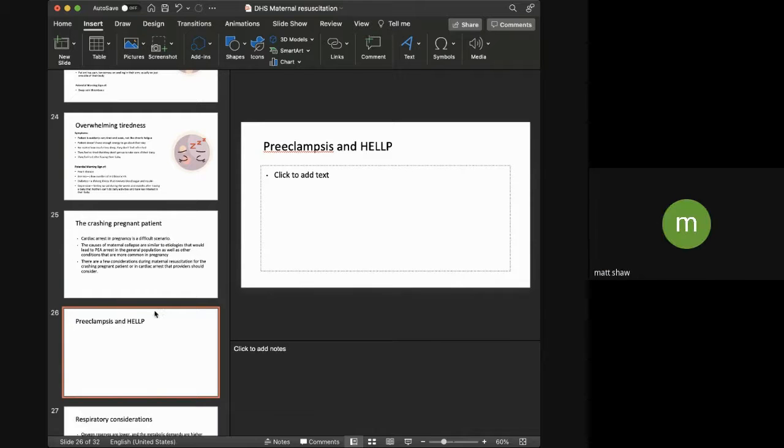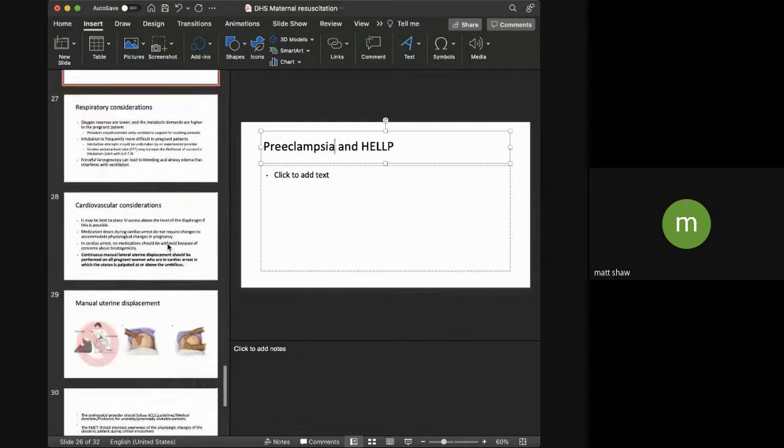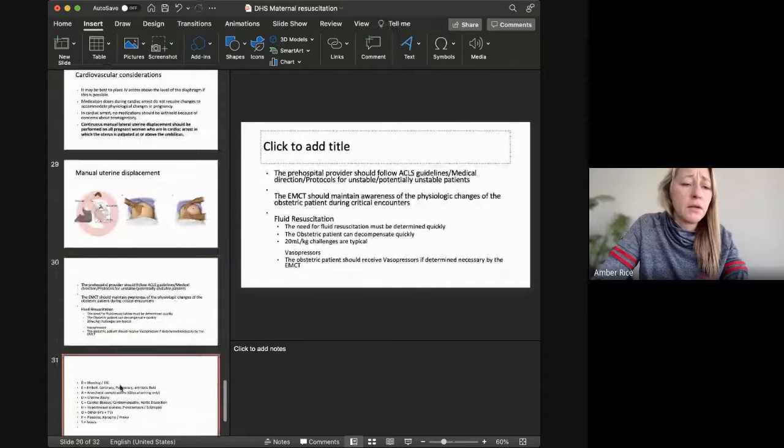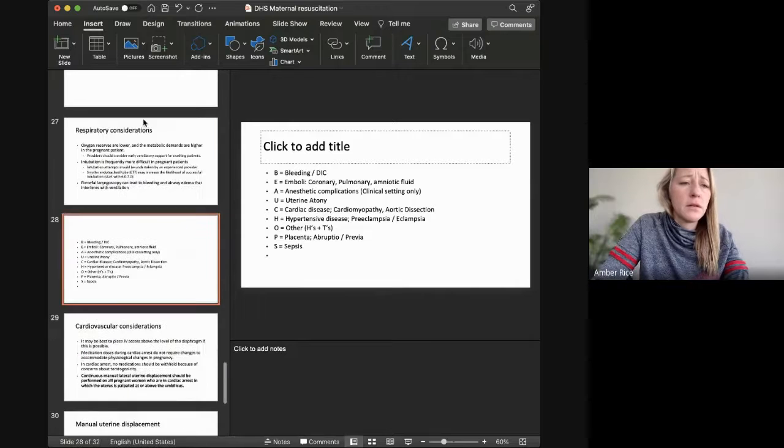I kind of feel like at the end is good, because the other slides talk about things to recognize and things to look for and basic things to consider, and then these are a couple of specific syndromes. Well, maybe I should talk about his reversible causes then. Ooh, yeah. Here.